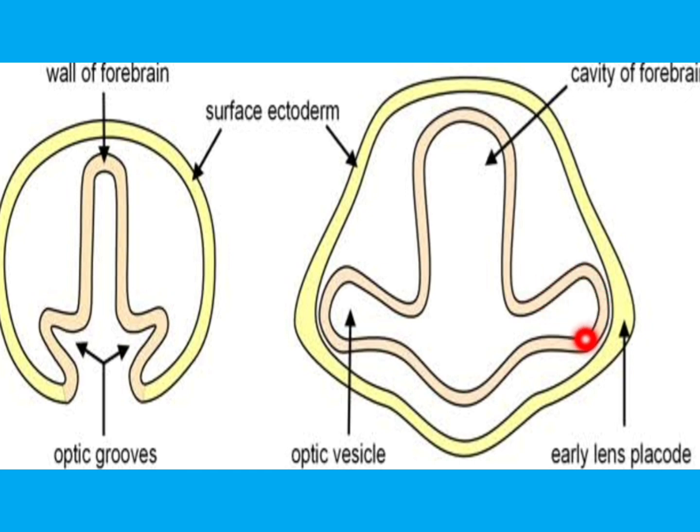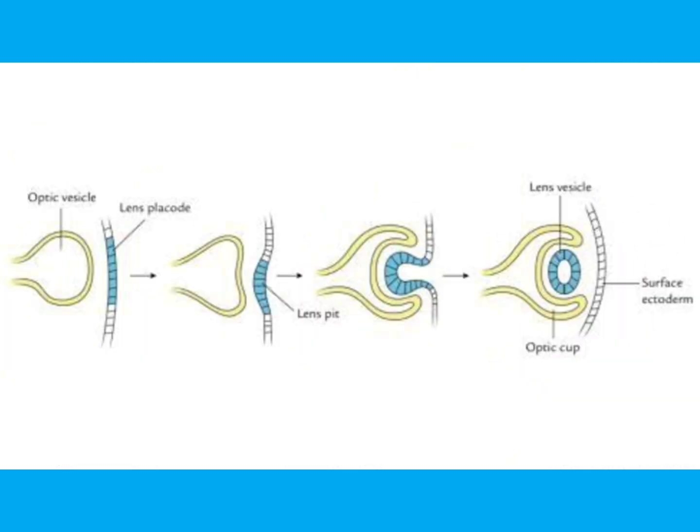As the optic vesicle is formed, at the same time, this part of the surface ectoderm gets thickened and it forms the lens placode. Now let's see this portion only. As the optic vesicle starts forming, this portion of the surface ectoderm starts thickening and it forms the lens placode. Now the optic vesicle gets depressed inside and the lens placode follows the optic vesicle and invaginates and it forms the lens pit. So this invagination of the lens placode is done with the help of microfilaments that are present in the early retinal